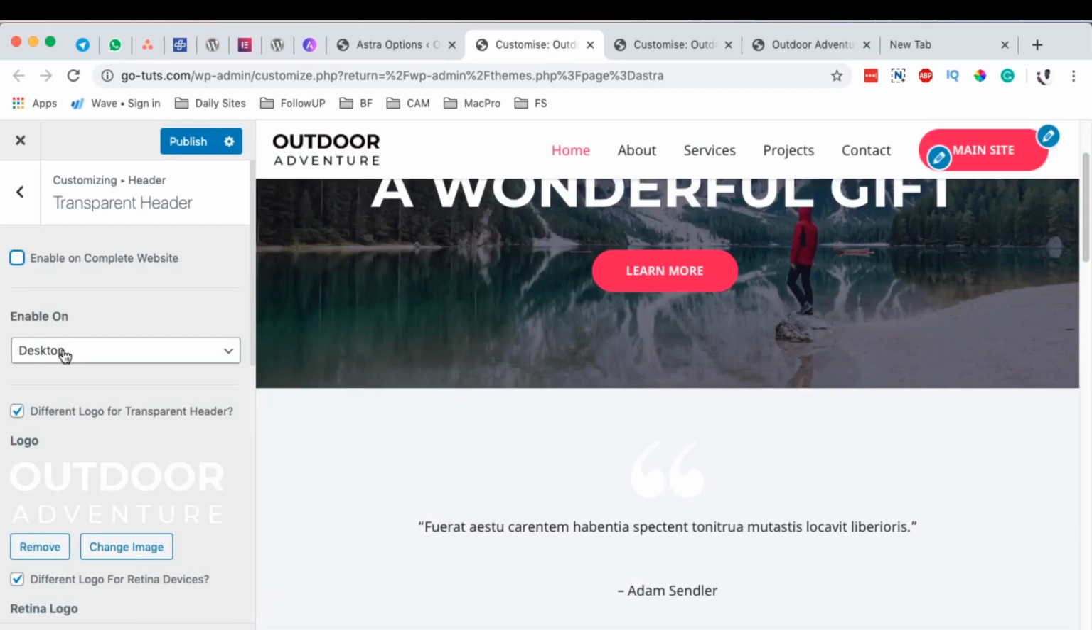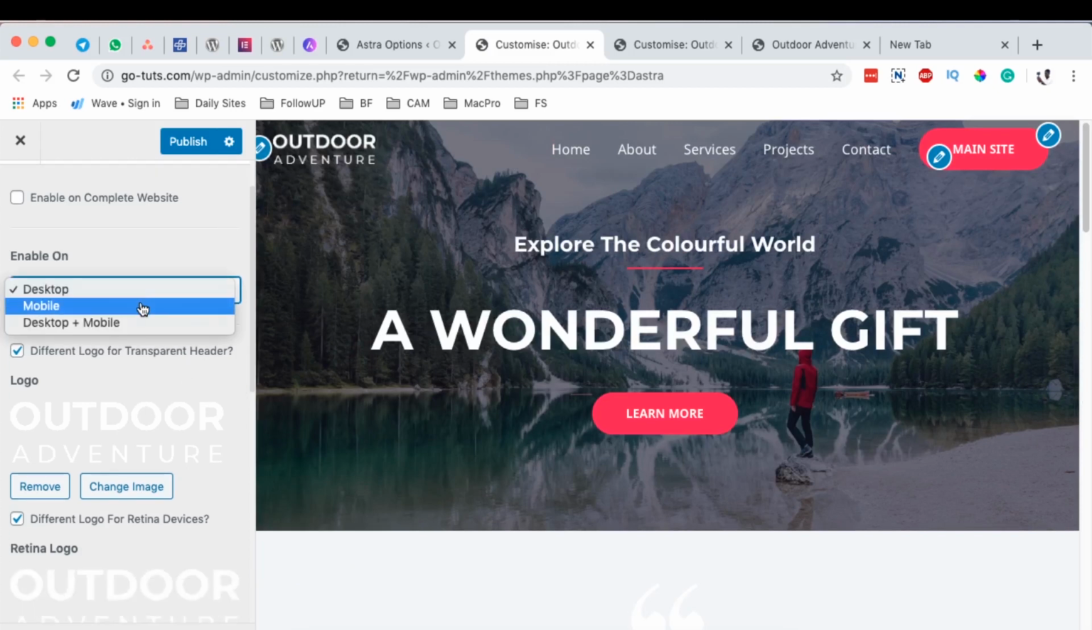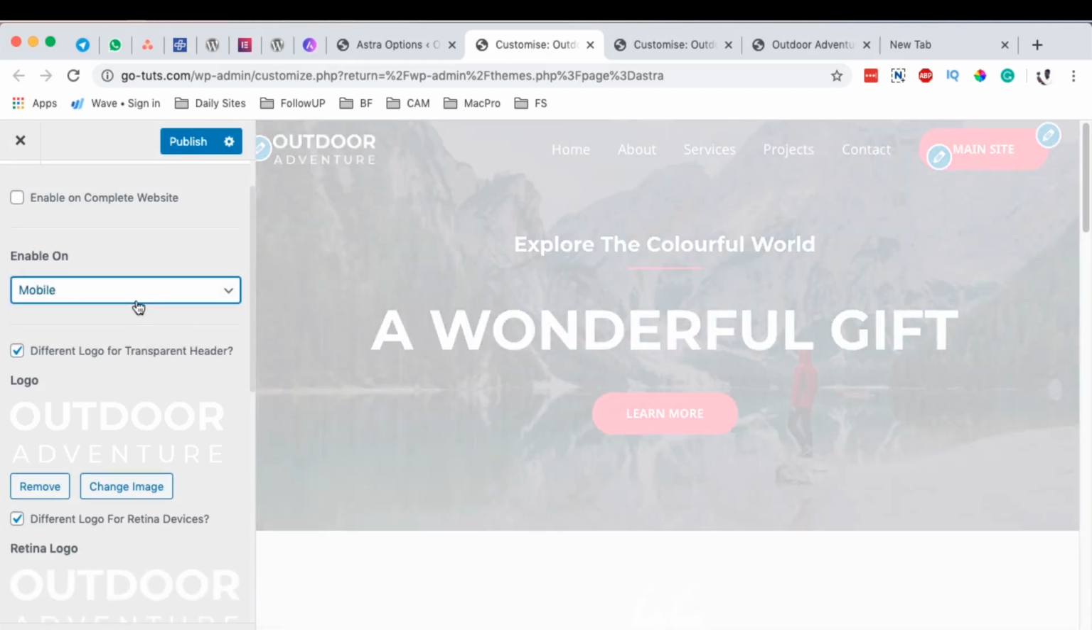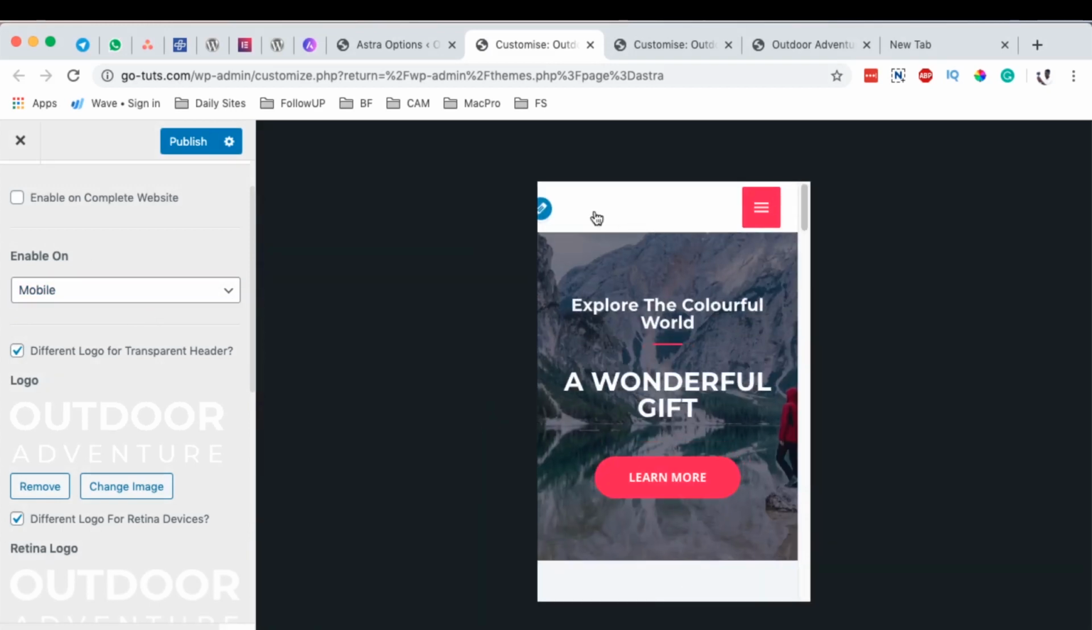Maybe I only want to enable it on a desktop, or I can also simply want to enable my transparent header on a mobile device. For example, now I am on the desktop and I have a transparent header. Okay, now what happens if I switch it to a mobile and I've only enabled to have a transparent header on the mobile? That means that on a desktop it won't show up. I'll simply have this normal header, and when I switch to the mobile device, then I'll have the transparent header